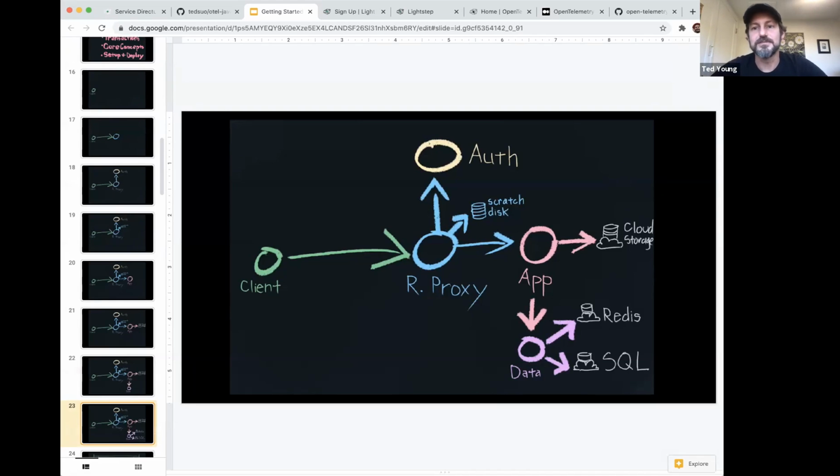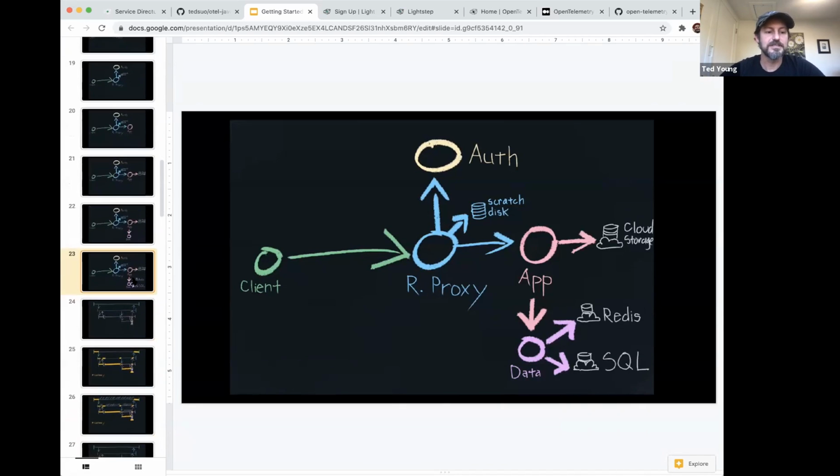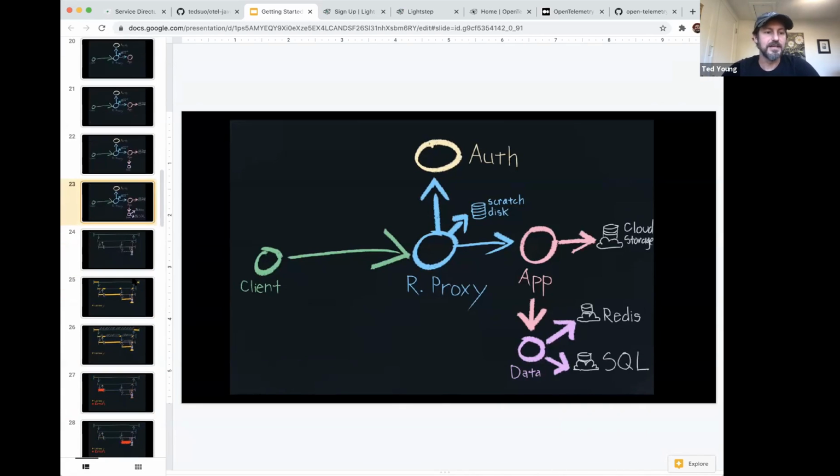So I almost wouldn't even call this a distributed system. I feel like I've been looking at systems that do literally exactly this for 20 years. But you can see even a basic system like this is already fairly distributed. You have so many different components here. And as your system grows, it becomes harder and harder to keep track of what logs are associated with what without the right kind of context. You want to be able to find all of the logs and events that occur within a single transaction quickly and easily, and do some basic analysis on them.